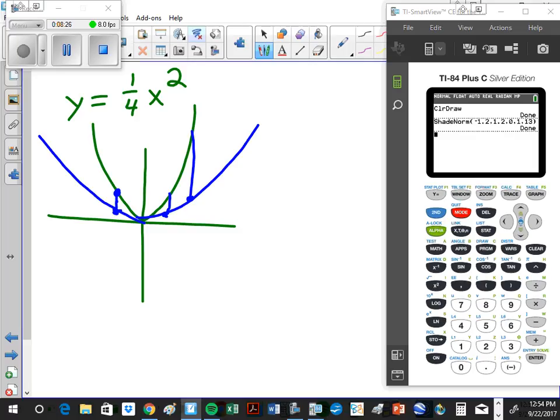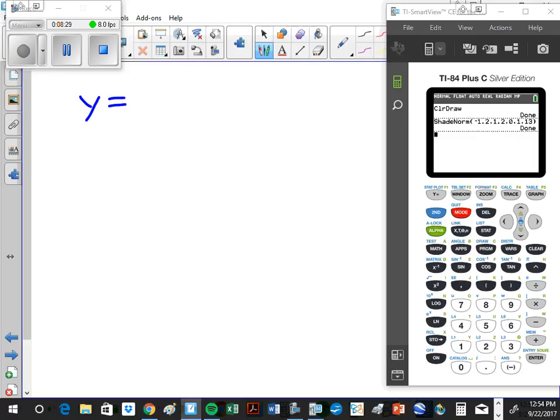Okay, let's do something a little bit different. What about y equals 2x squared? Is that happening on the inside or the outside? Inside. So what happens when I multiply all of the x's by 2? You would think wider. If I grab the x-axis and I made it twice as big, you'd think I would stretch it this way. But the x's always work backwards, right? Right is left, left is right. So stretching is actually shrinking. So we're going to make it twice as